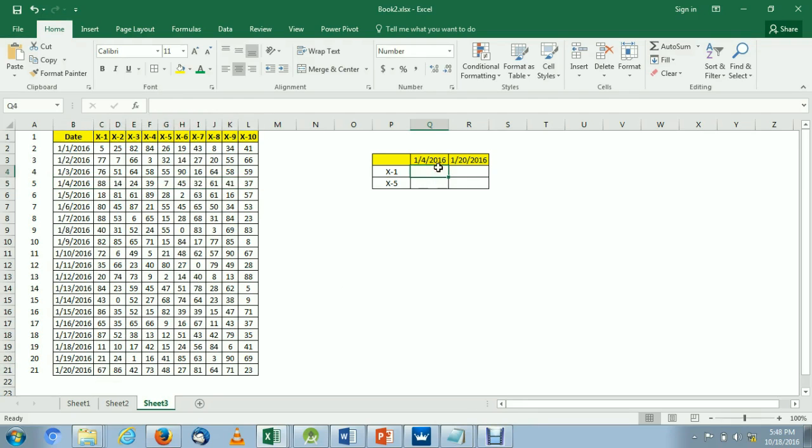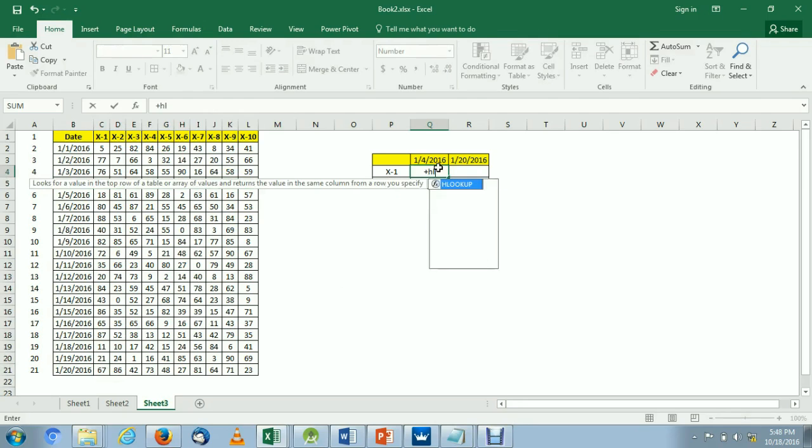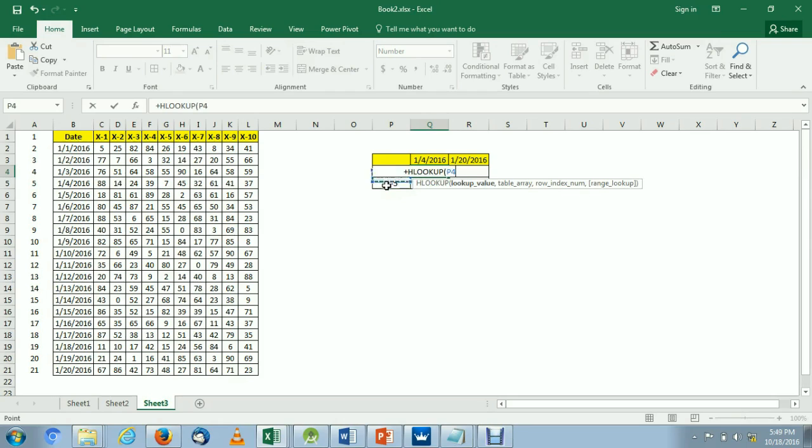So let us try to use the formula HLOOKUP, lookup value. The lookup value will remain the same, x1, table array. So here is the table array, and we will use the absolute reference.